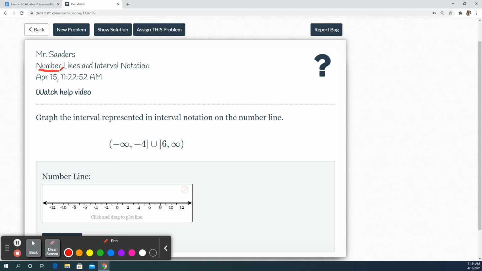We are looking at number lines and interval notation. So this is talking about how a set of numbers, it's an infinite set of numbers, usually between something. All right, so we're asked to graph the interval represented in interval notation on the number line, and there we